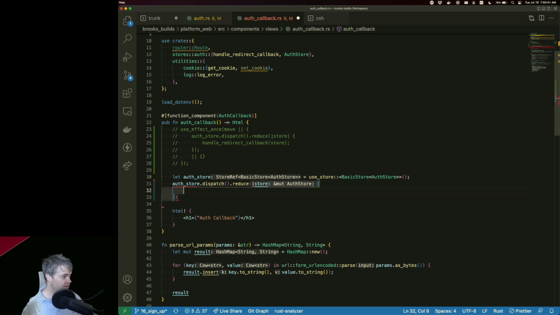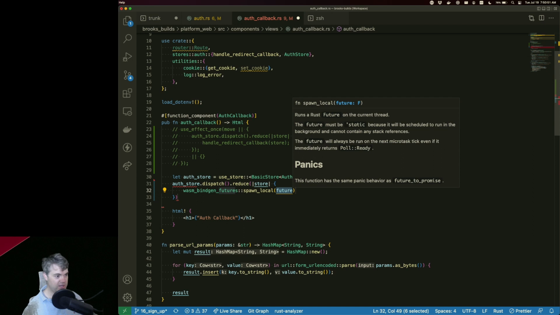Then inside of here, I use wasm_bindgen_futures spawn_local.